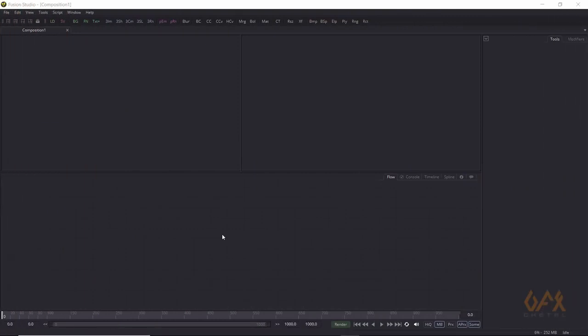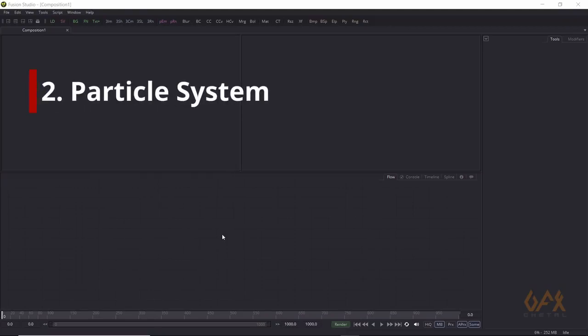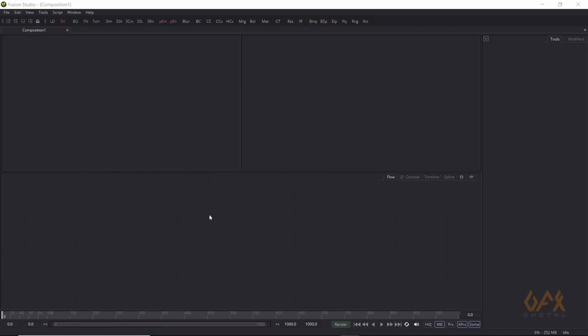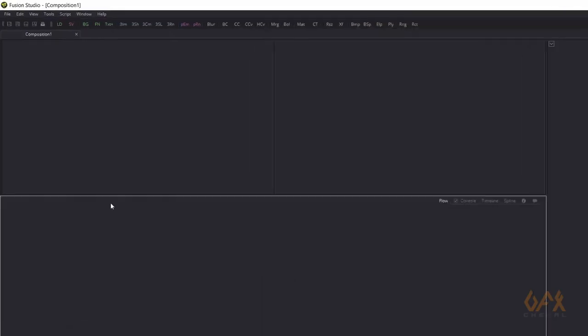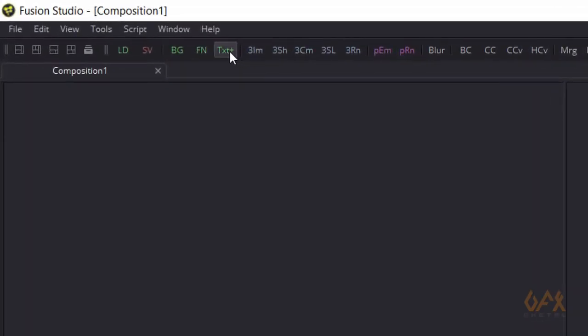So in Fusion, we mainly create three stages. First, the emitter. Second, particle system. And third, butterfly on that particle. So first I am going to create the emitter source. For that I create one Text Plus tool,